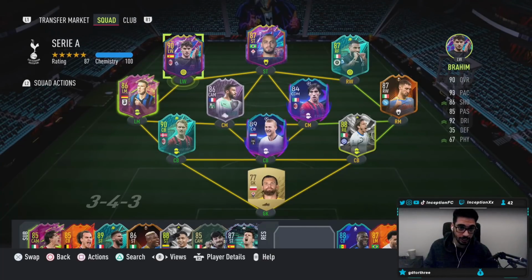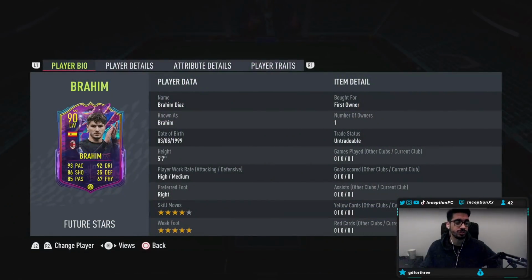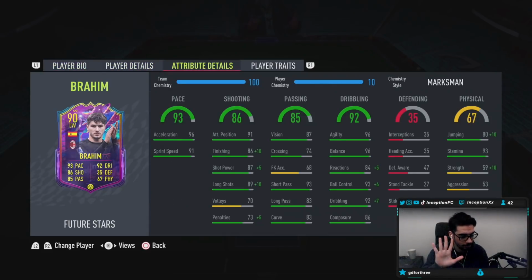So with Brahim Diaz, we're taking a look at someone who is 5'7", high medium work rates, right-footed, 4-star skills, 5-star weak foot. Why do you think I'm going to suggest this card more? Maybe it's because of the pace, right? He has 96 acceleration, 91 sprint speed, but his reactions, ball control, and dribbling is set up a certain way